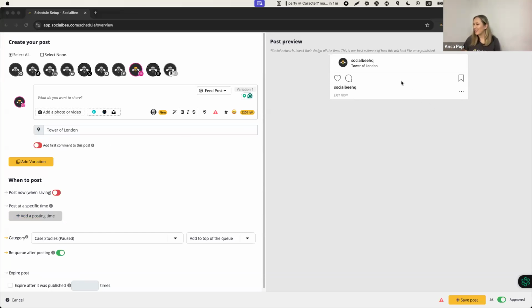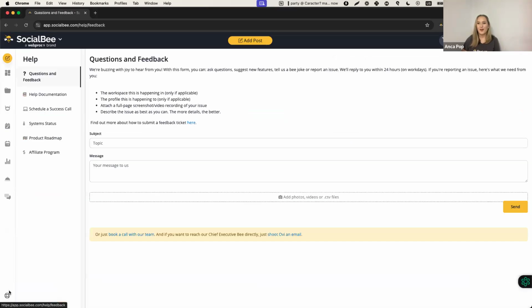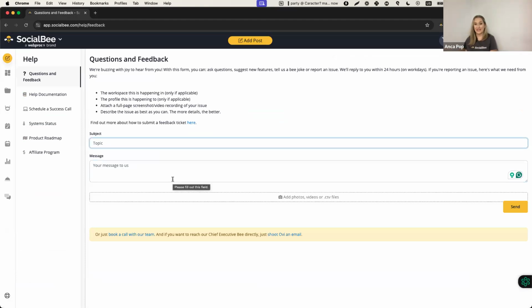Okay, next question. Is there a place to submit requests? Grouping categories would be great per the other user questions. Yes, there is a place to submit requests. Actually, you have a help menu here at the bottom left corner where you have an option to send feedback, to ask questions. This reaches our team directly, so you can get in touch with them with whatever it is that you need. You also are able to book a call with our team or reach out to us